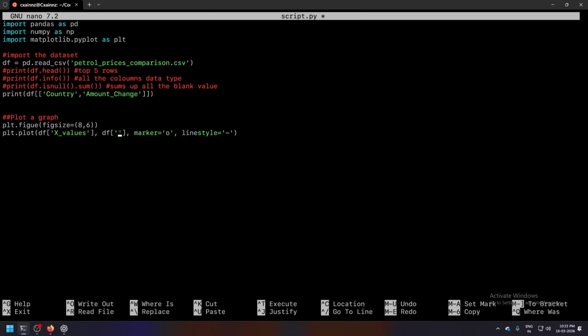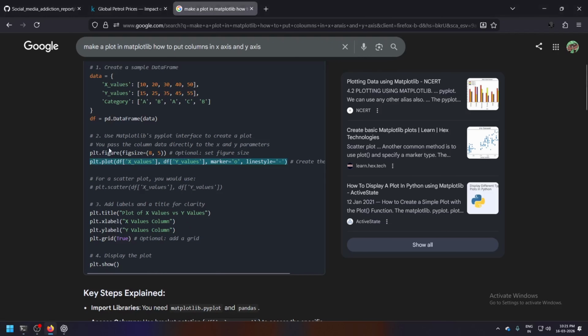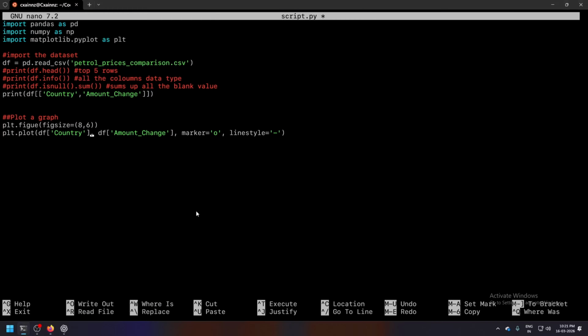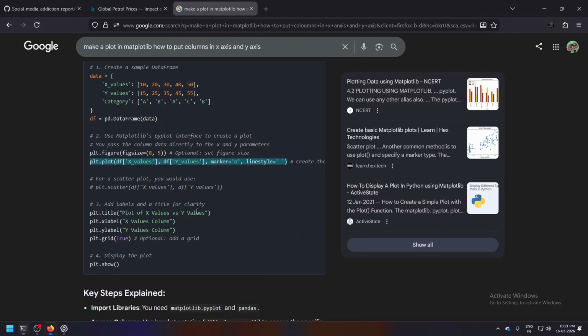And now what I want on the y-axis is the amount change, and on the x-axis should be the country. You can even tilt it a little so that you can see those things in a very fruitful manner, but oftentimes I don't prefer it because it's unprofessional.